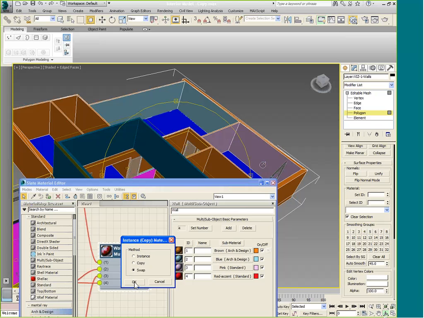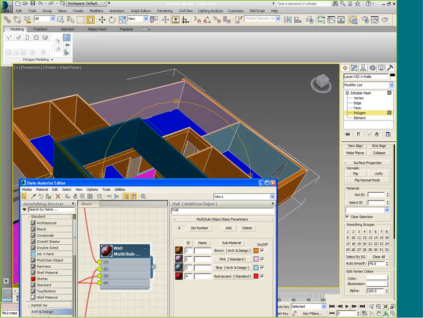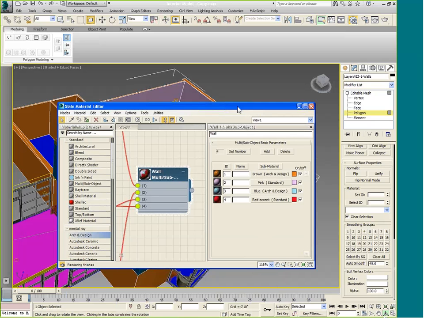Before I hit OK, I want you to pay attention to the 2 different walls, and you will notice as soon as I say OK how they will swap the 2 colors. So I go OK, and you will now notice that the bigger boardroom number 1 has pink, and the boardroom number 2 has the blue material assigned to it. So we have successfully now assigned all the different materials, sub-materials that we created in the wall multi-sub-object material. So back in the presentation now,